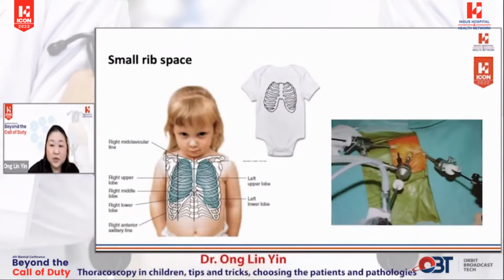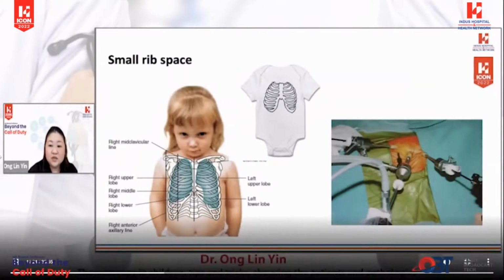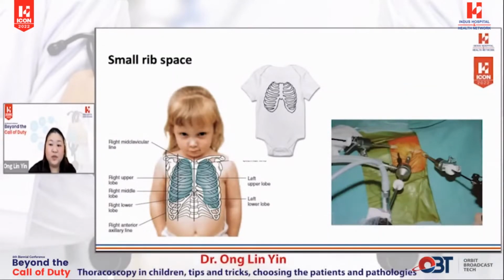The space between the upper ribs in a 1-year-old can barely fit a 5 millimeter port, and any attempt to force such a port between the ribs can cause nerve damage to the intercostal nerve. To utilize a 12 millimeter staple device, we have to lubricate liberally and literally force it through the lower ribs, risking a fracture in the process. There is also no room to maneuver as the chest cavity is very short, and it's technically difficult to get sufficient clearance over pulmonary vessels to apply the staple.